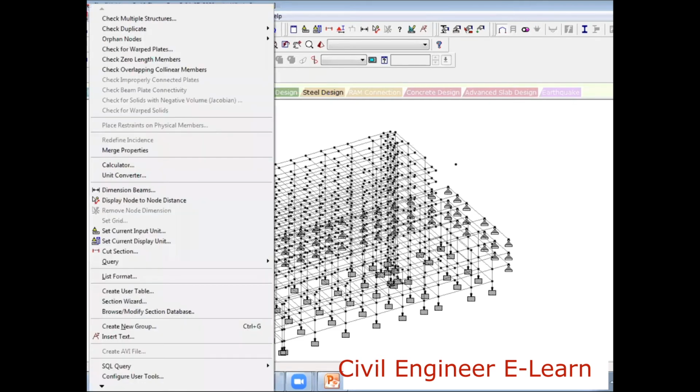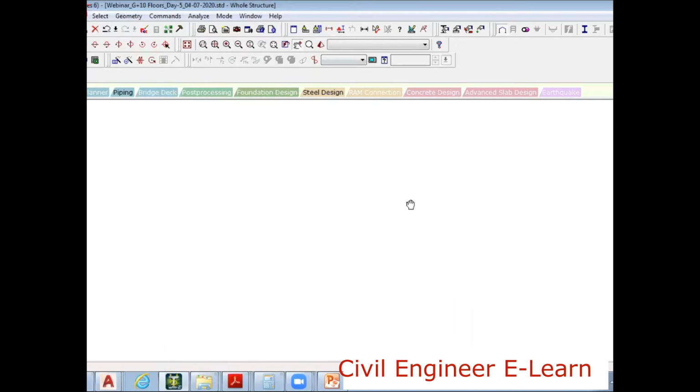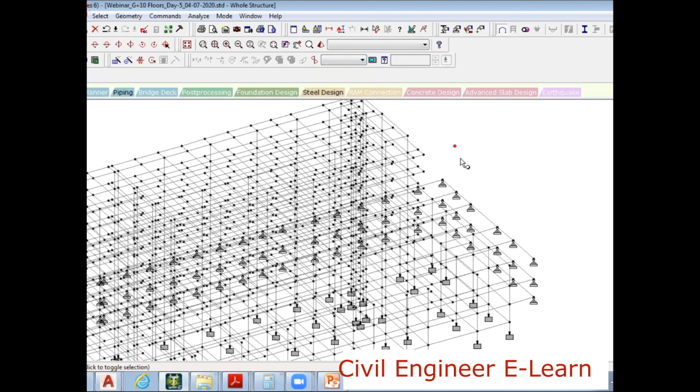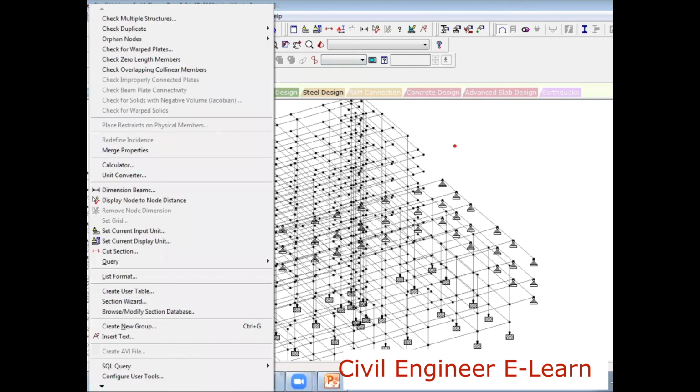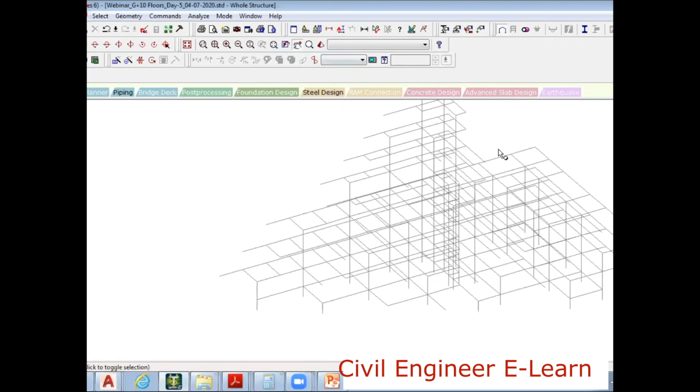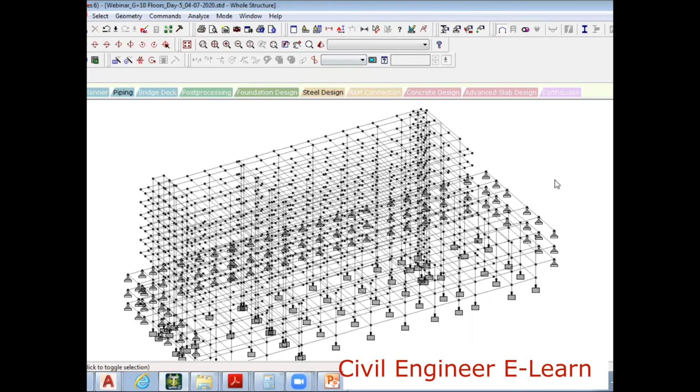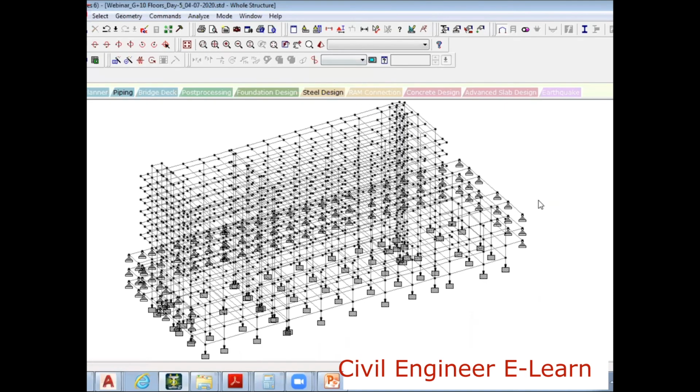So I'll go to tools and then I'll select R1 node. R1 nodes highlight. See, this is highlighted because this is an R1 node which doesn't have any relation with the structure. Right? I go to node, tools, and then R1 node, I'll say remove. If there are any R1 nodes which are not connected with the structure, remove them. That's it. This is removed. So that is what model preparation is called.